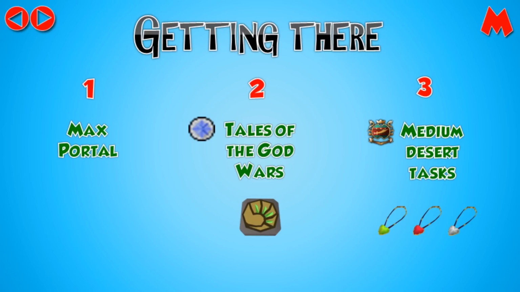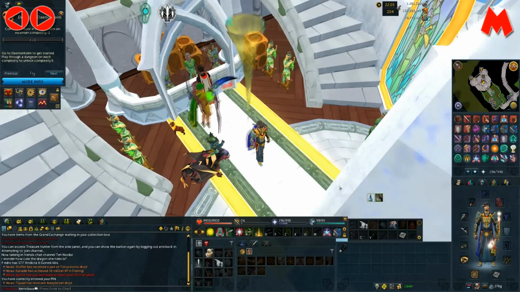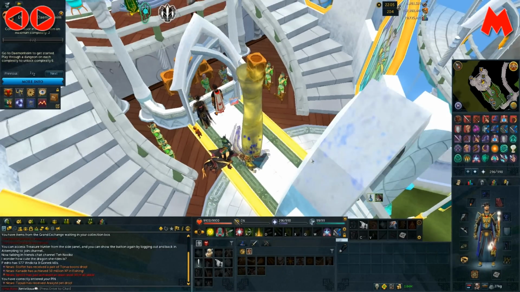The second way is if you've done the mini quest Tales of the God Wars, which also gives you 500 reputation, so I recommend that you do it. You can use the heart teleport and it will teleport you straight into the dungeon. And the last way is if you have a Desert Amulet 2 or better, you can just teleport to Nardah and then run southwest as...